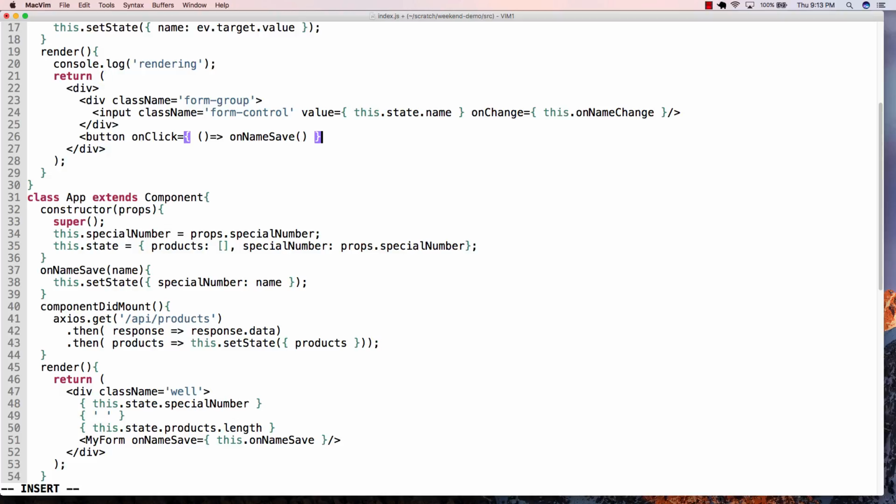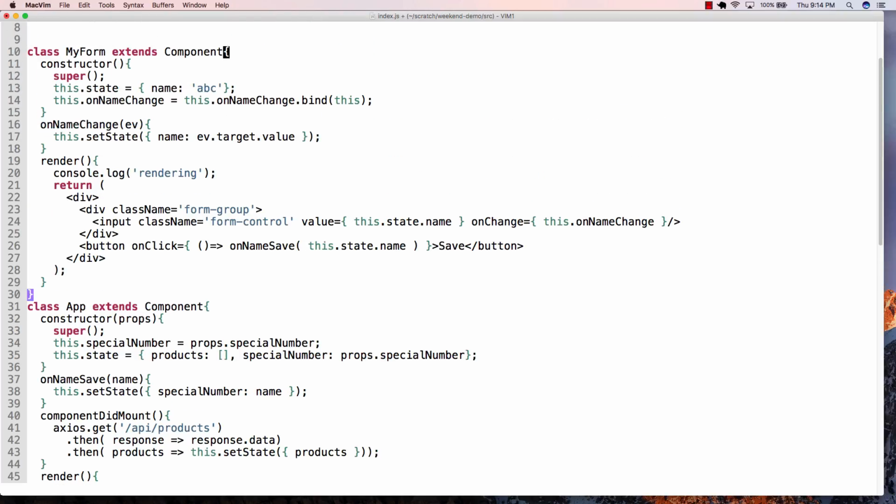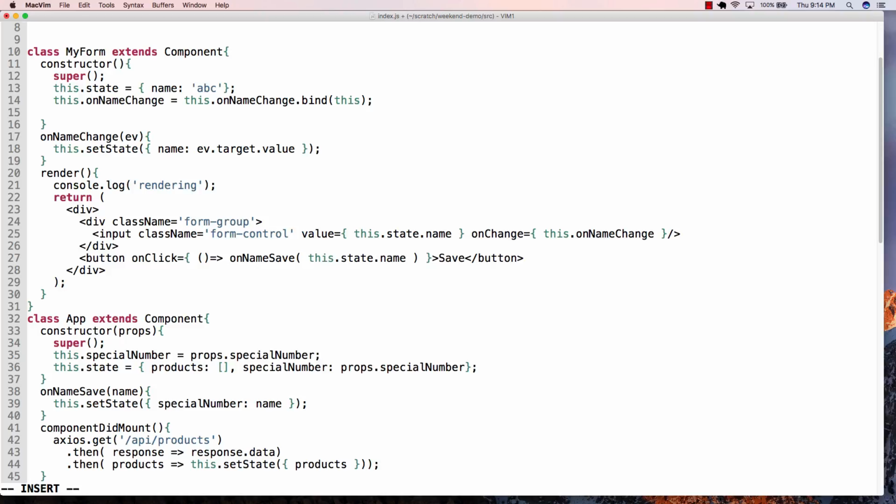And what I'm going to end up passing to it is, again, my state that I'm keeping track of here. I'll pass to it this.state.name. Okay? So the thing to think about here is that if this is being passed in here, what I can do is I could specify, hey, look,